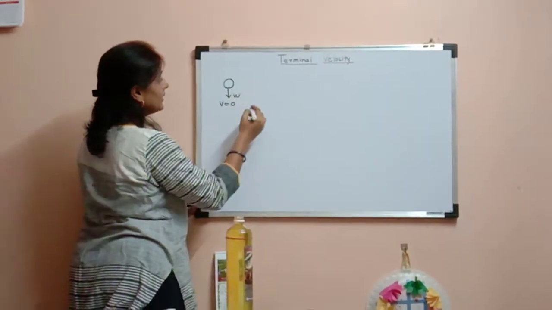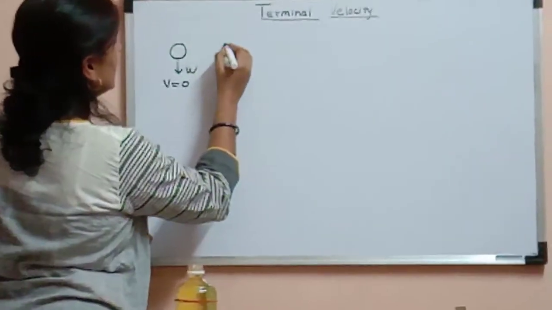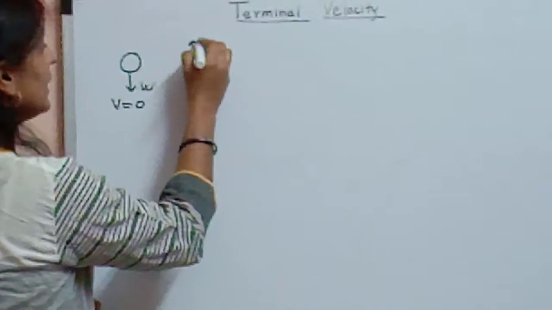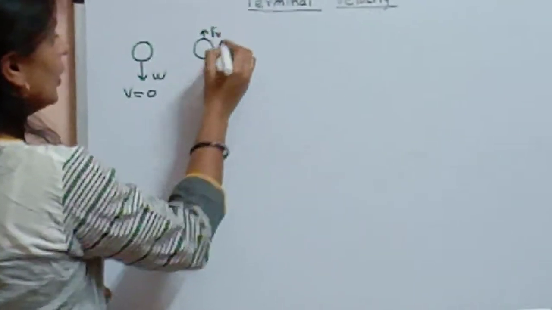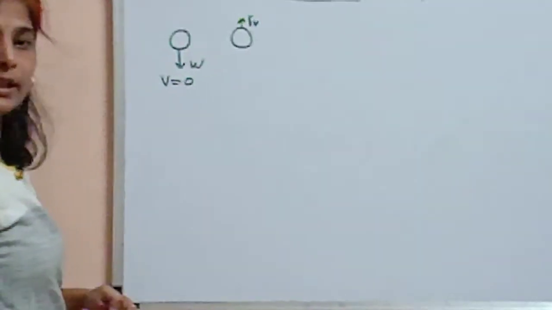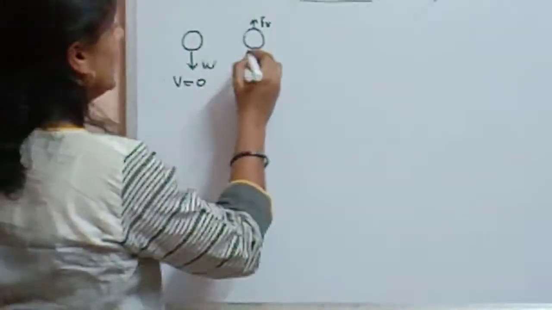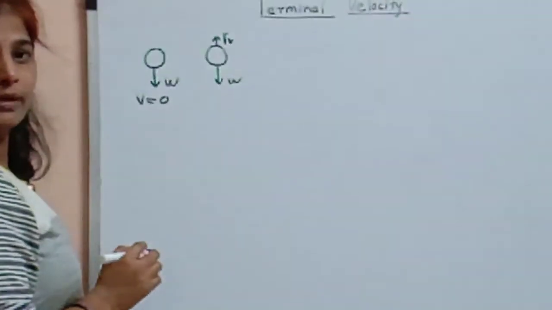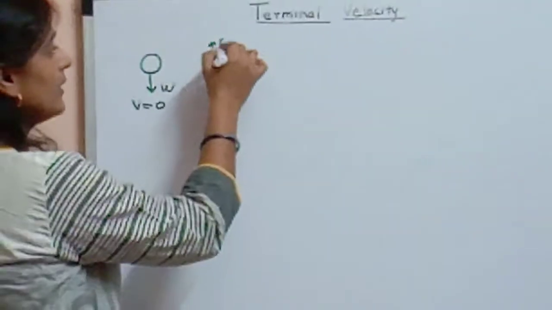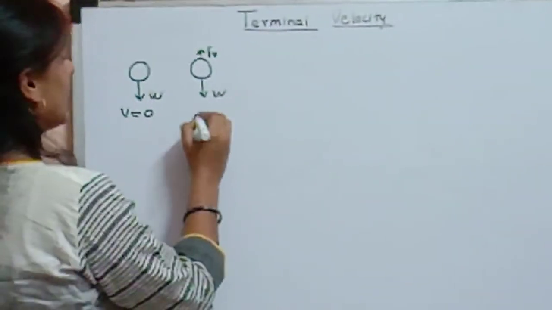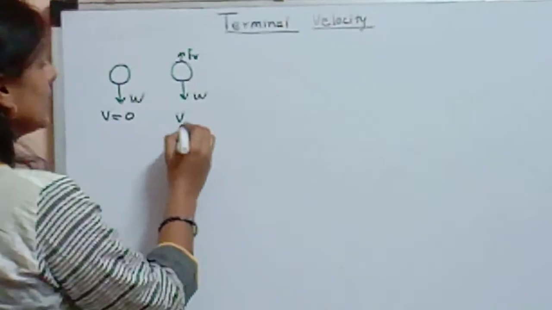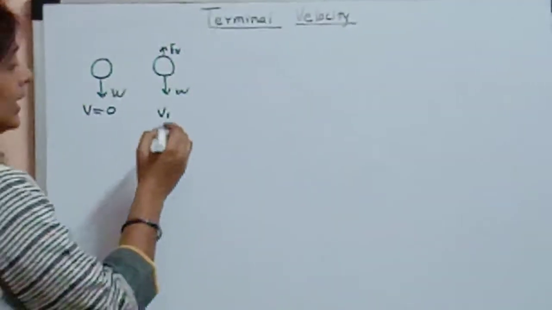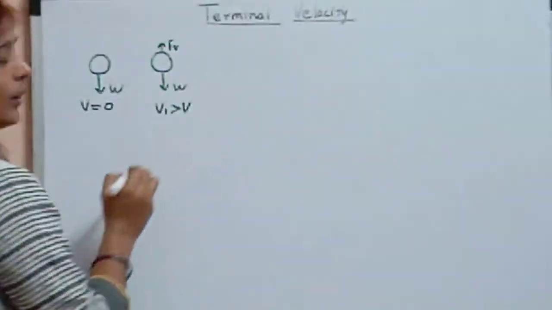When it enters the liquid, at that time there will be a viscous drag acting on the ball because it is moving through the sunflower oil, and at the same time there is a gravitational force acting in the downward direction, and the viscous drag will be in the upward direction. So here, if I say that v1 is the velocity of the ball when it is crossing through this, it is more than that of v.